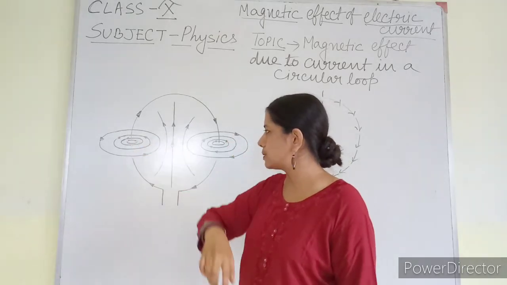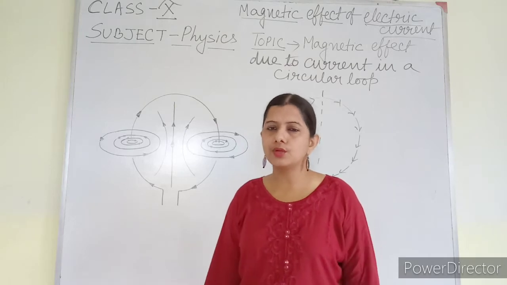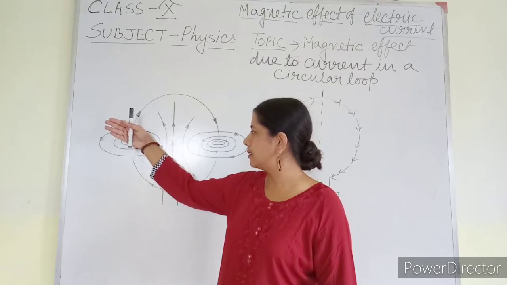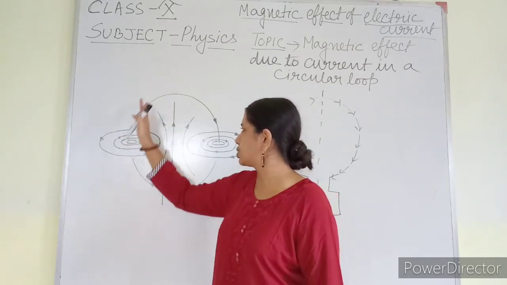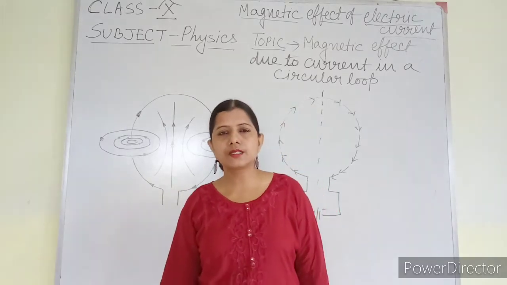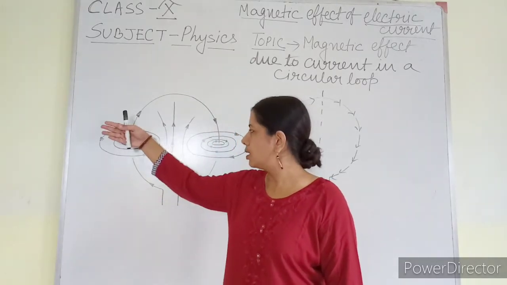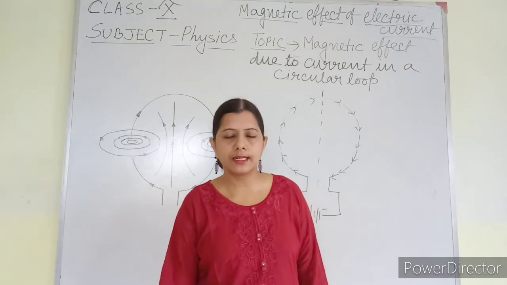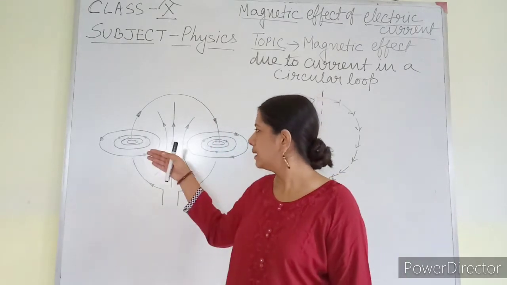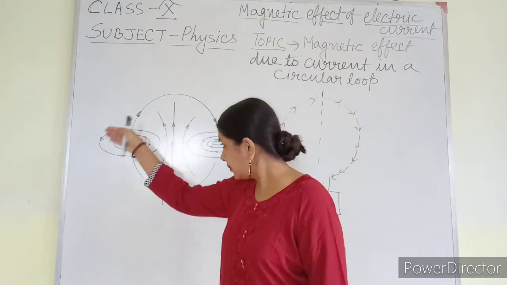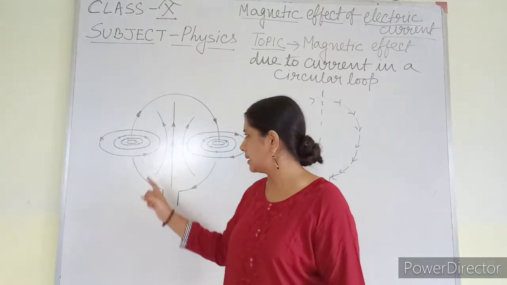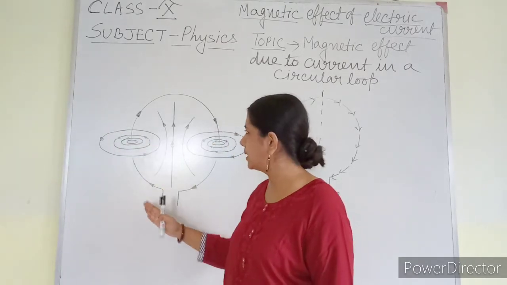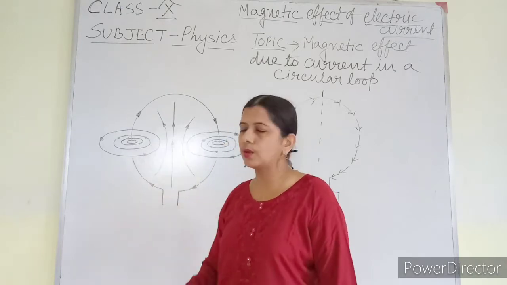A particular point has been taken as the center. So here I am going to use the right hand thumb rule. This is my right hand. This one is the straight current carrying conductor, and the current is flowing in this direction, that is, in clockwise direction. So if I curl my fingers, that means current is flowing in the upward direction. If the current is flowing in the upward direction, then the magnetic field will be in anti-clockwise direction. This is the direction of the magnetic field. It is anti-clockwise direction. Current is flowing in the upward direction, and this is in anti-clockwise direction.